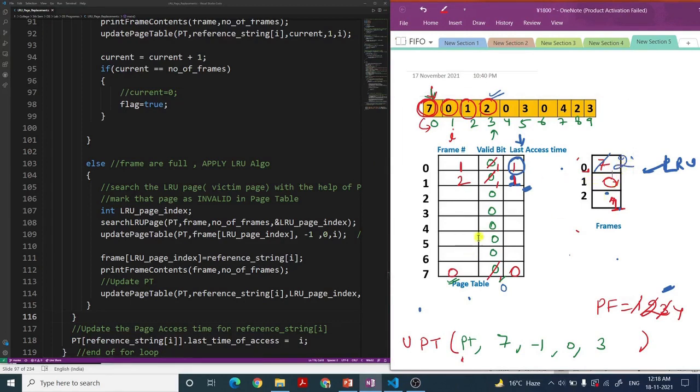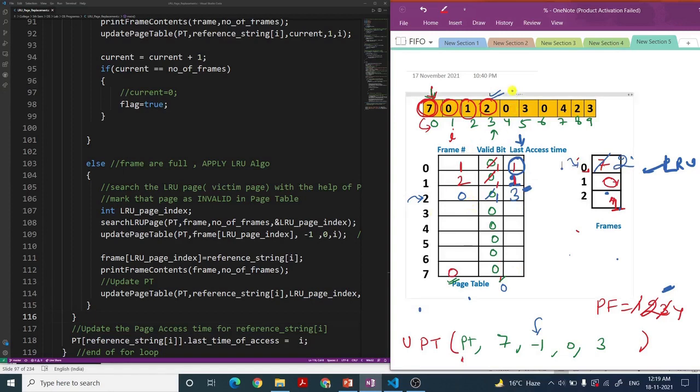For 2 I'm passing these things: 1 is time of access, 3 will be passed, and what is the frame number for 2, it is 0. The frame number was actually this third thing, and in this update page table I am passing LRU page index as the third thing, that is, this is the frame number for this 2.